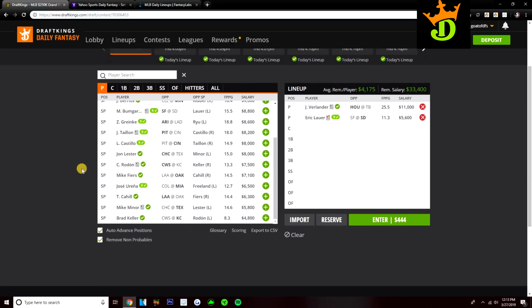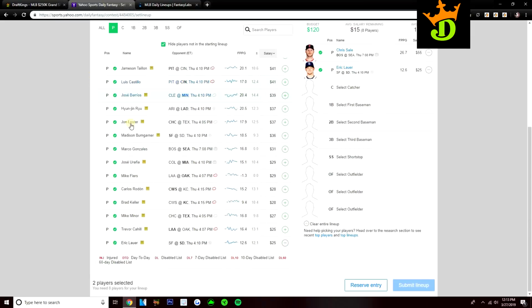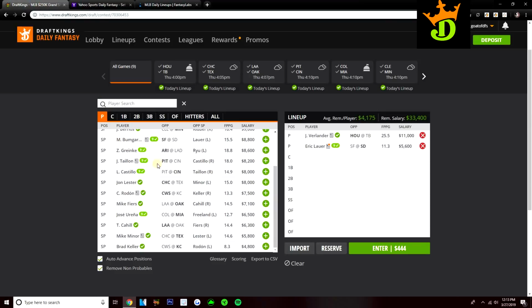I don't love that price, but he is facing this Royals team, another team that's just not very good offensively, just doesn't have a lot of good hitters. Whit Merrifield is definitely a scary bat, a very good hitter. But once you get past Merrifield, there's just not a ton of good bats in this KC lineup, so don't mind Rodon, especially on Yahoo. Rodon is $28, close to minimum price. He looks pretty good on Yahoo if you want to play him over there.